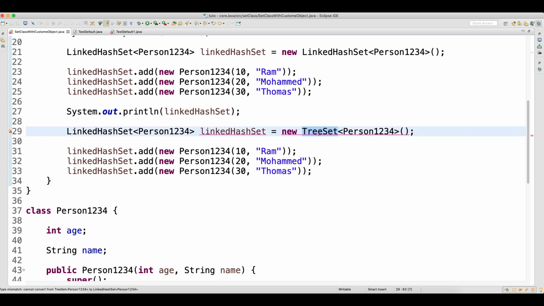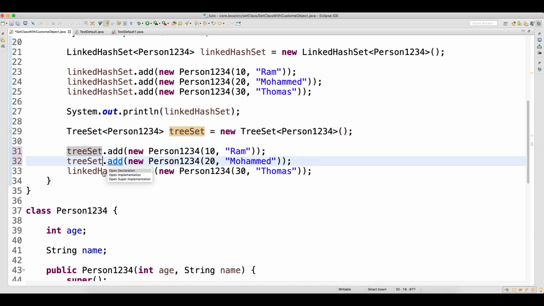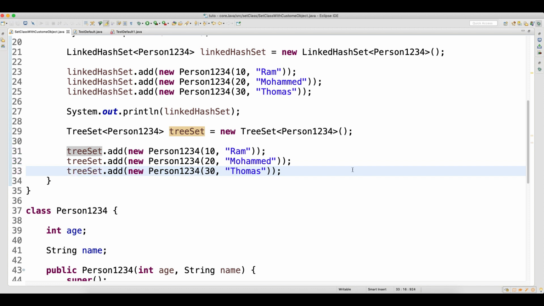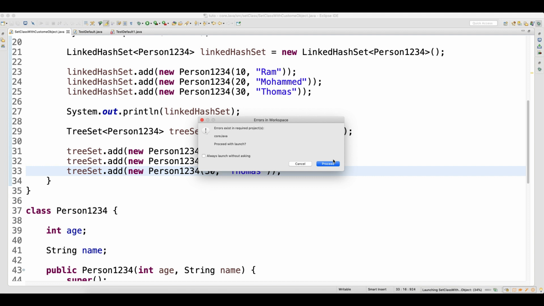Now copy this, change it here, and here you use TreeSet. Okay, start with a small letter. If you remember, in the last video I was talking about tree set: it will maintain your data in ascending order.